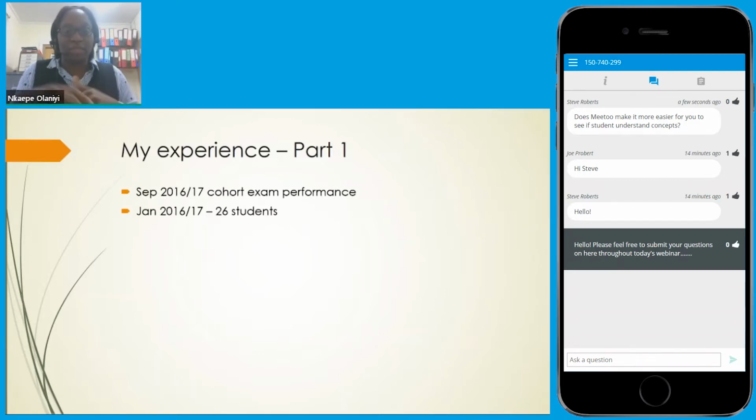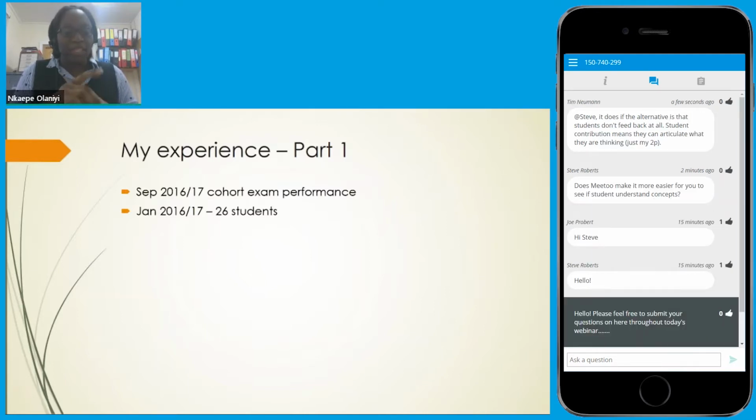I worked in a center which was attached to Leeds Beckett, teaching physics. We had two cohorts in every year in that center. And the September cohort for 16-17 had a very poor exam performance, in particular in one subject, which was thermodynamics. Having taught there for almost three years, I thought things have to change, especially in thermodynamics at least. So for the January cohort for that year, I decided to flip the lesson, or flip the structure.